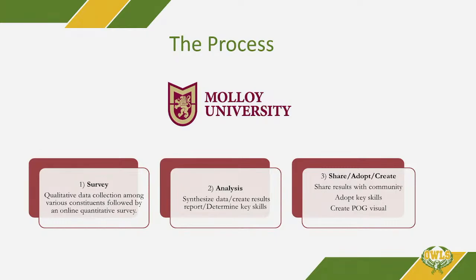And then what we do is synthesize that data and use it to infuse an online survey that's a quantitative survey. That survey gets sent out online to the entire community. It will dig a little bit deeper in terms of the feedback and the learning that we hear from the initial sessions. And what that's going to allow us to do is quantify the findings and really understand